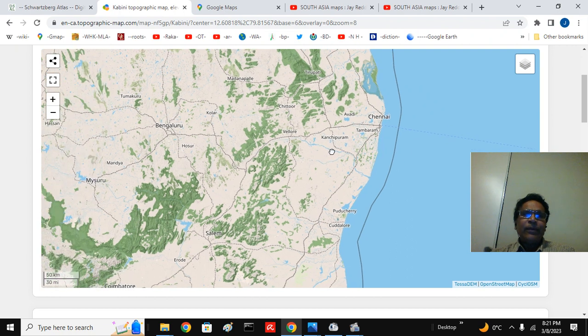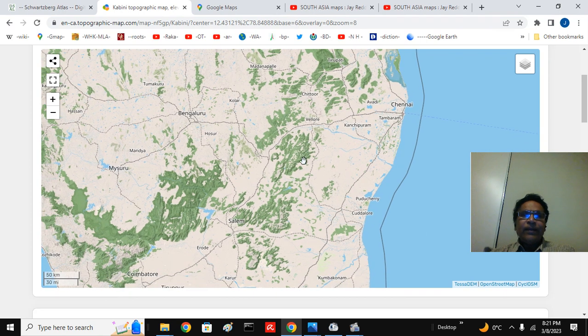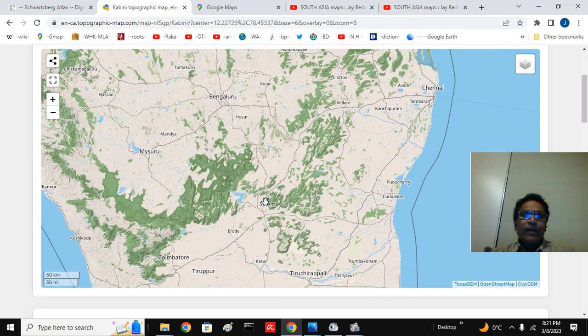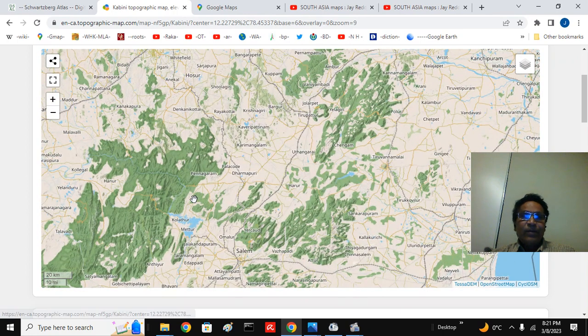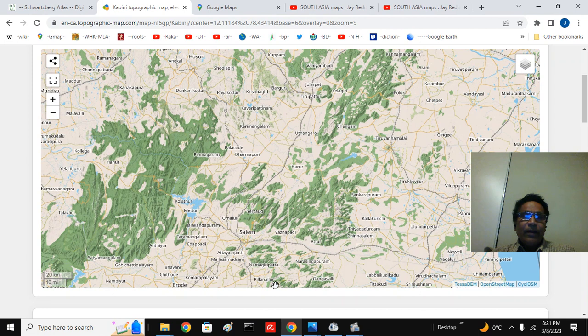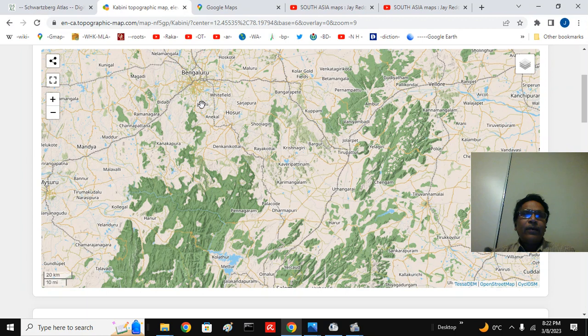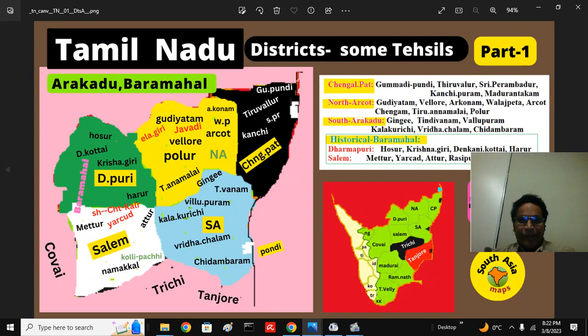You can see Kanchipuram here, and this is the Arcot region. You see Vellore and Cuddalore here, Pondicherry. This is the Javadi Hills. This is the Yelagiri Hills. This is the Baramahal region, that is the Salem district, essentially the enlarged Salem district. You can see a little more of Salem district and Namakkal regions and all those regions, Dharmapuri, Krishnagiri. And we have Bangalore, the Kolar Plateau, Hosur, the border town, and so on. That is about the fascinating